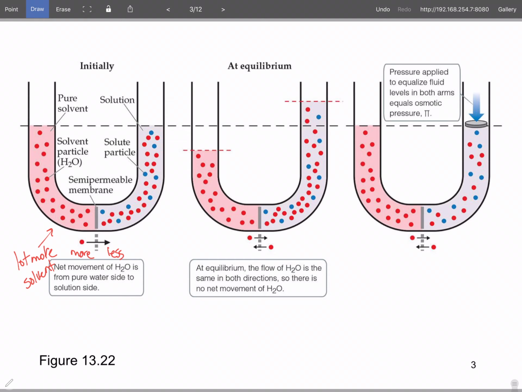Okay, so what happens is this will continue to move, and when it moves down, it's going to move down here and rise over here. And if you look at the difference in the height column right here, this is the osmotic pressure. This is the pressure it would take to stop osmosis. Once it moves to the level where basically the solvent particles are uniform on both sides, then it stops moving,